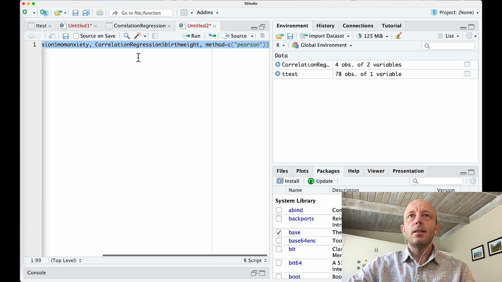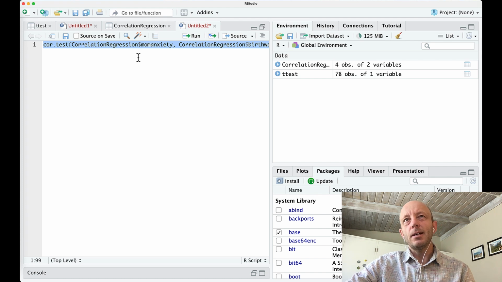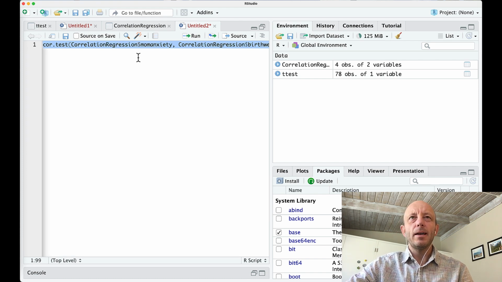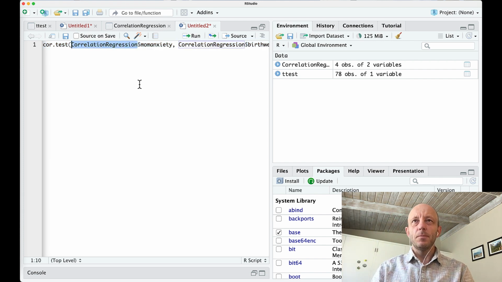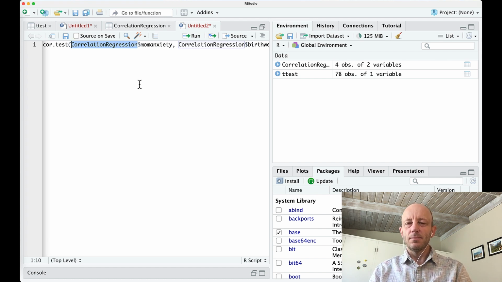And then I've got a line of code here that's going to get you a correlation. Now, I named my data set correlation regression because I'm also using this for a regression example later. It's a long name, so it kind of cluttered up the line of code here a little bit. My apologies. I should name things with shorter names. Anyway, the command that you want is